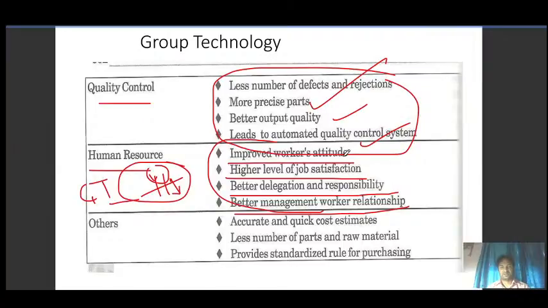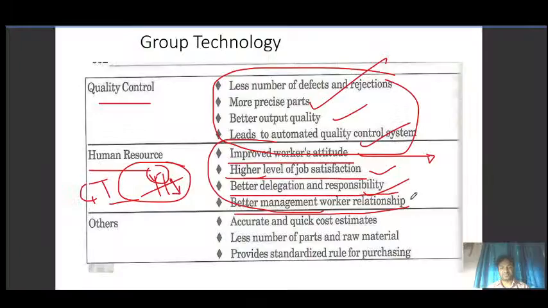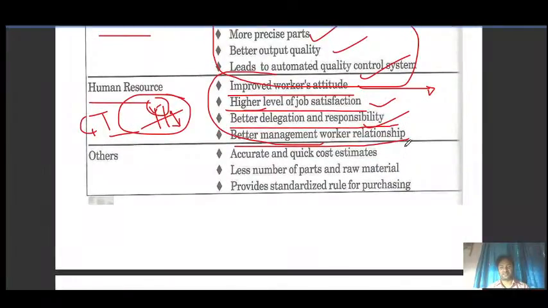So worker attitude is improved, and workers are satisfied because there is less conflict or almost no conflict. So job satisfaction and responsibilities are also increased, with better management and worker relationships.